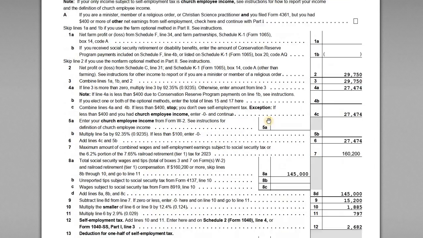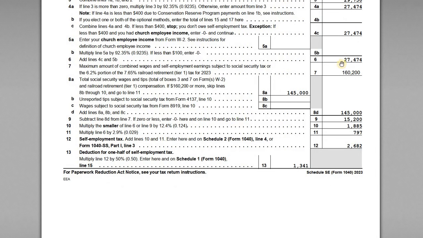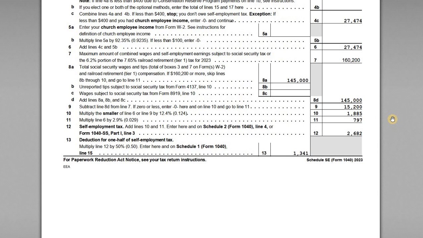But on the Schedule SE, he inputs the box 3 wages from his W-2, which are the Social Security wages, and that's $145,000. And so remember, he's not going to pay Social Security taxes on anything over $160,200. So he's got $27K up here, but not all of that is going to be taxed, just the difference between these two. So the 145 minus 160 leaves us with line 9,